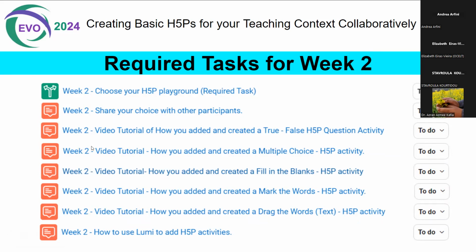These are all forums, and you're going to share your choice with other participants. Also, when you share your choice, I'm going to ask you to please also share the levels that you teach, so that we can team up with people who are teaching similar or the same levels. So if you're teaching English for academic purposes, maybe you want to get together with those people. It's up to you. You can team up with more than one person by joining their sandbox.